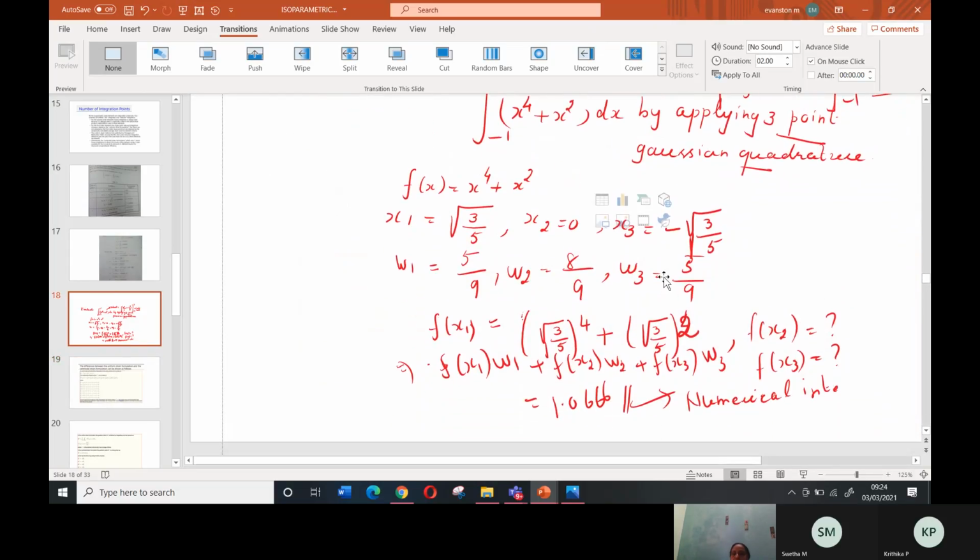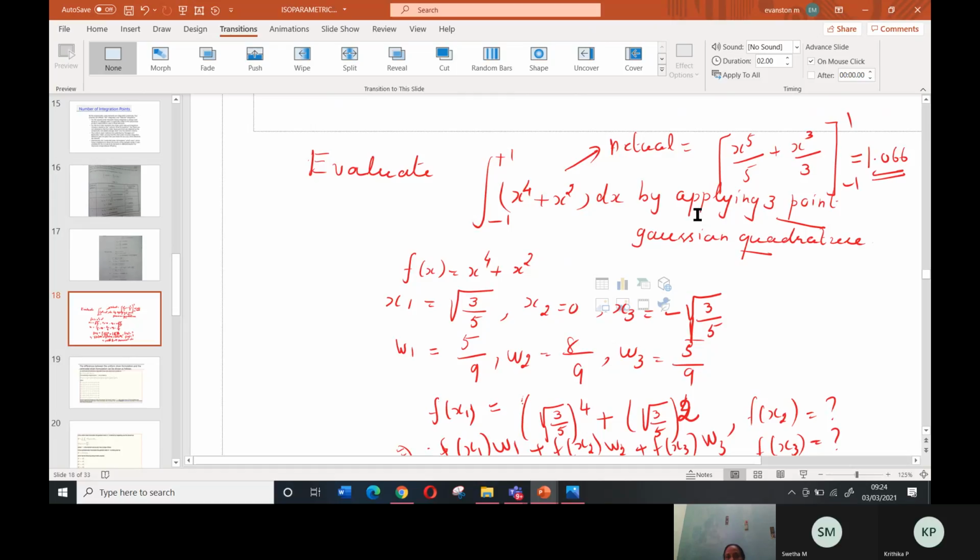So numerical integration is a simple procedure to find the answer for any function. It will be easier compared to the proper integration technique, because this is a simple function I have given. If I give a more complicated function, it will be a little difficult to do by proper integration compared to numerical integration. So that is the advantage of numerical integration. With that, the syllabus is over, and we can do some revisions from tomorrow onwards.